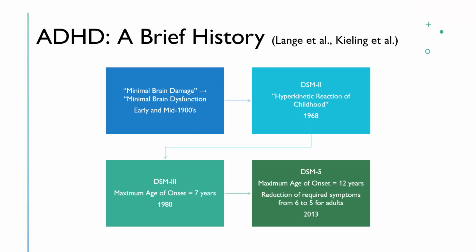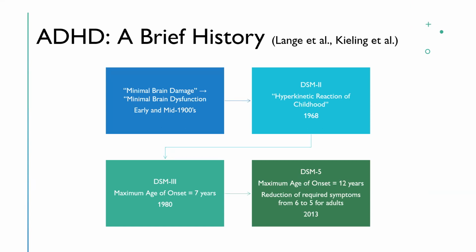And they renamed the disorder attention deficit disorder with or without hyperactivity. There were attention and then hyperactivity and impulsivity scales, and you had to have a certain number of symptoms from each. They each had a cutoff in order to get the diagnosis.